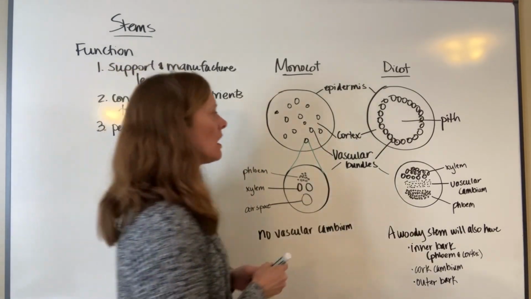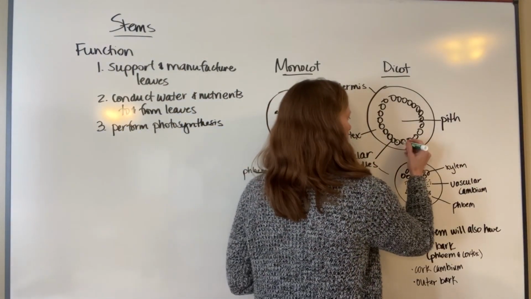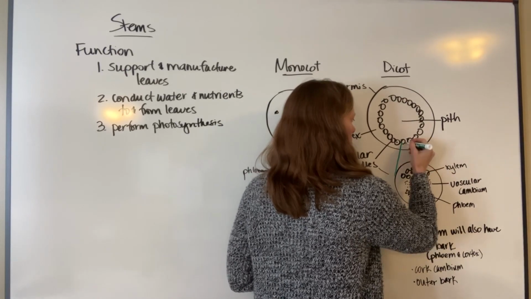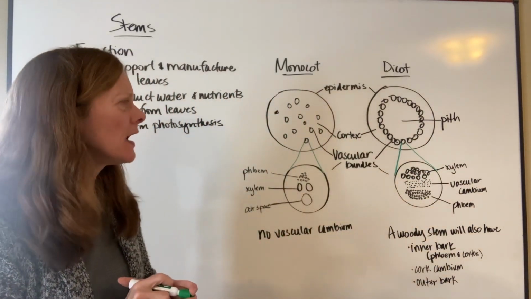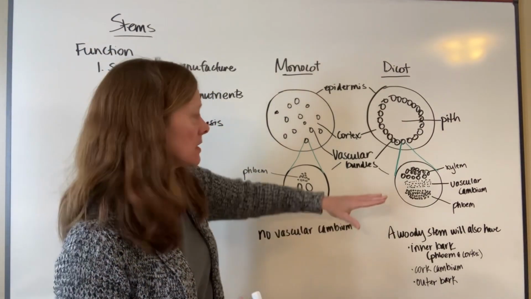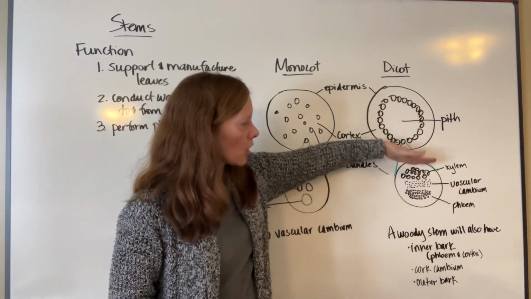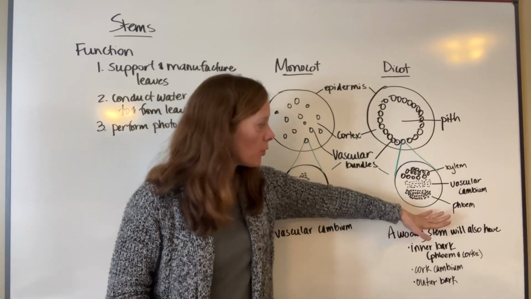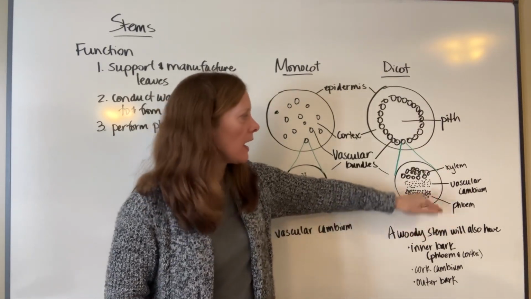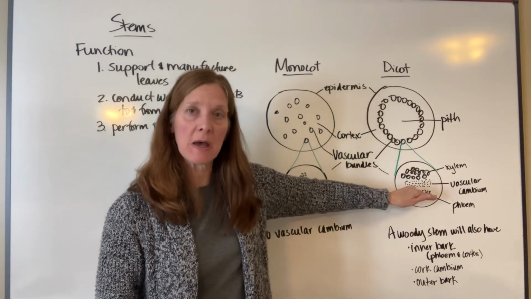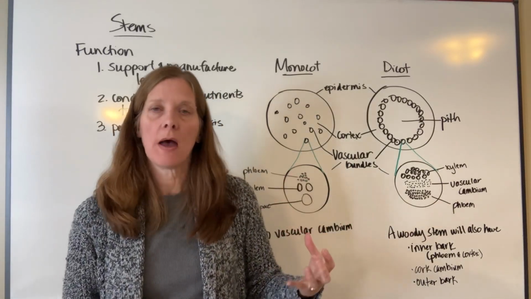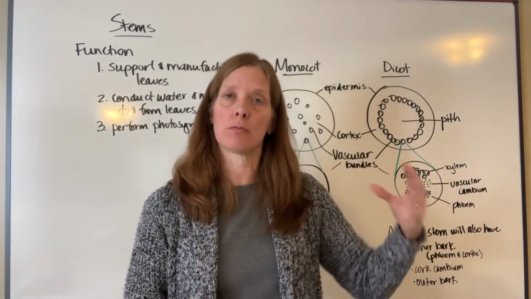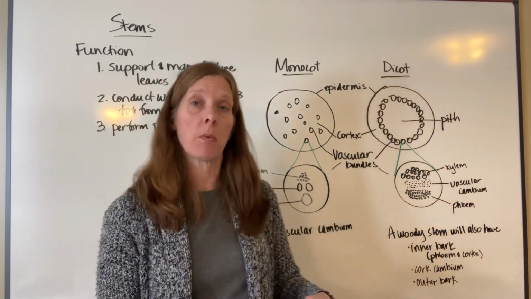So once again, in this stem, I've taken out one of the vascular chambers and I've blown it up. And in a dicot, the xylem is all on one side and the phloem is all on the other side, and there's vascular cambium in the middle. Now remember, the vascular cambium is the meristematic tissue that will produce either more xylem or more phloem depending on